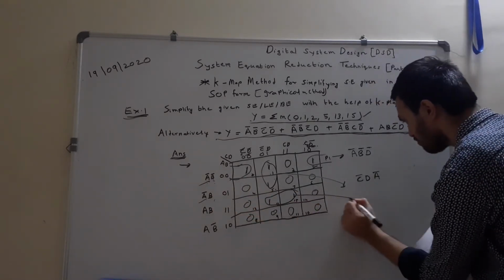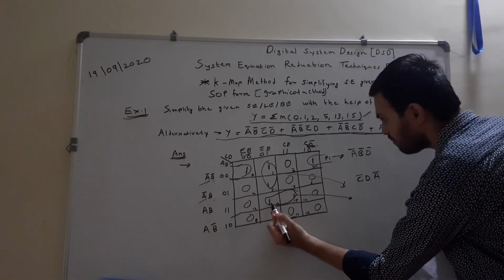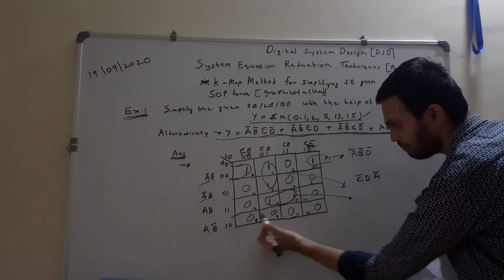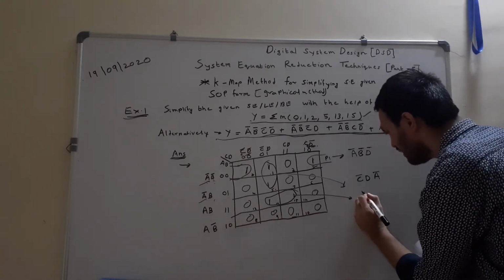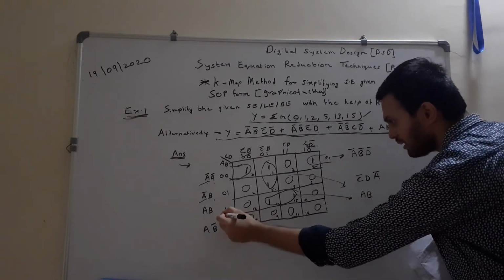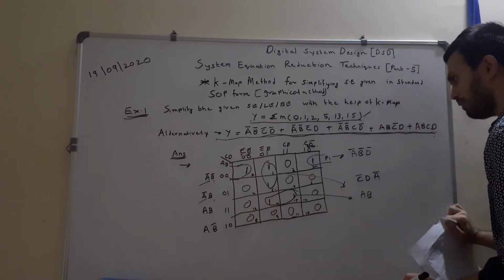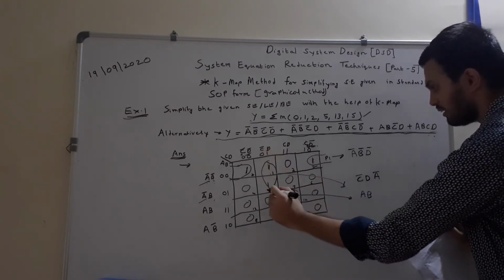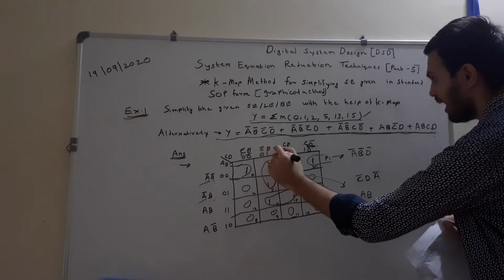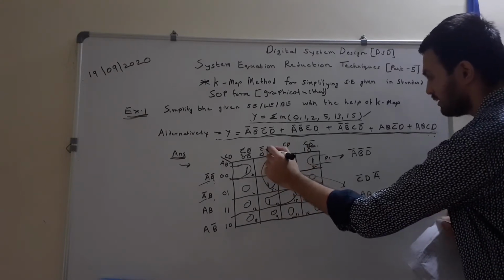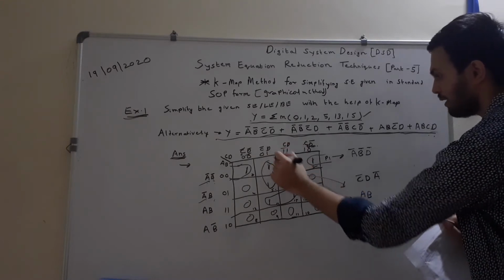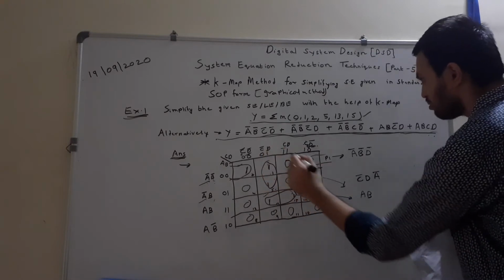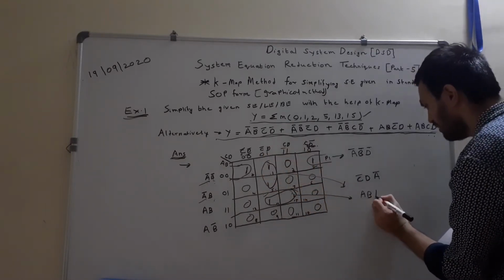Now the third and last pair for this expression. See, this row is constant for minterm number 13 and 15. It forms a pair, right? So here we will write AB, because it corresponds to the row AB. But now here you see the column value changes. Here we have C bar D and CD. So C bar changes to C. This is varying because we are talking about these two minterms. So C gets eliminated and only D remains.